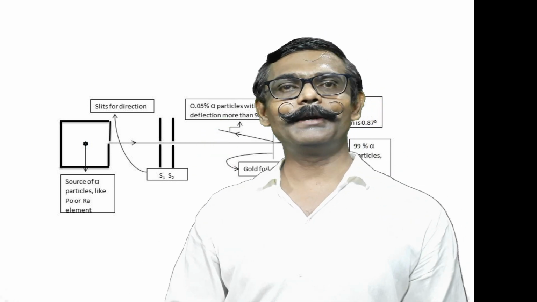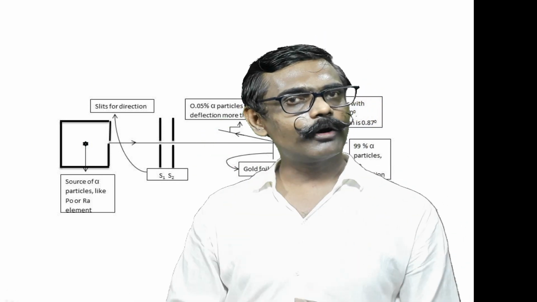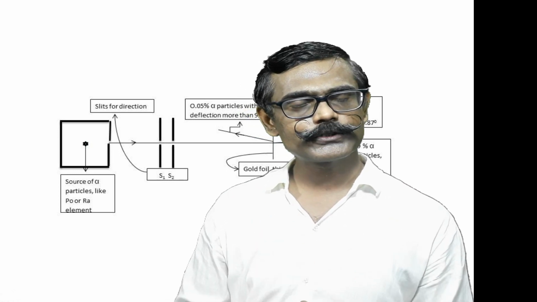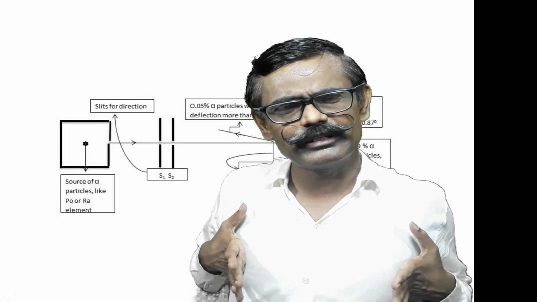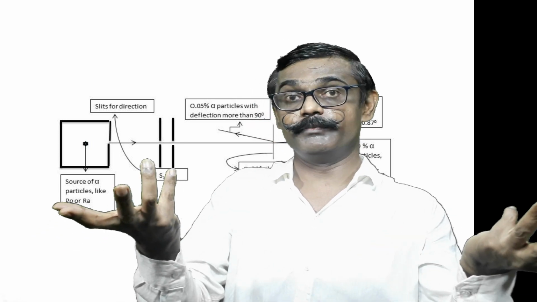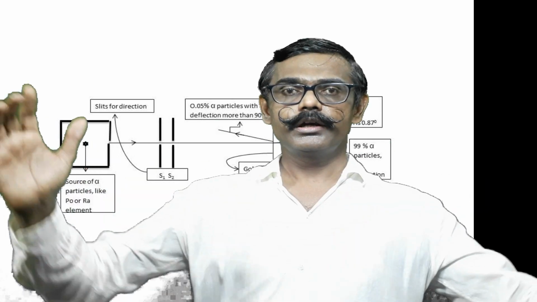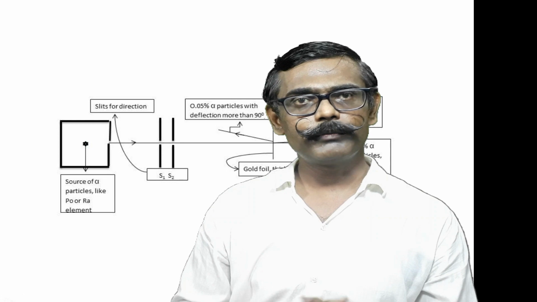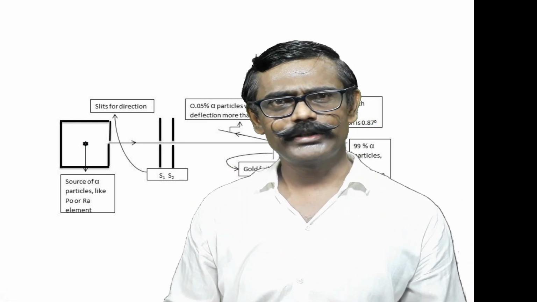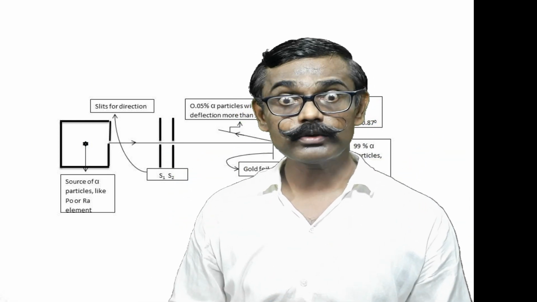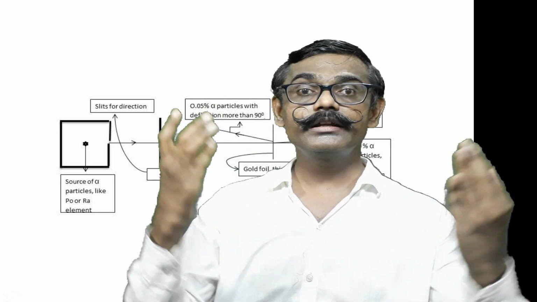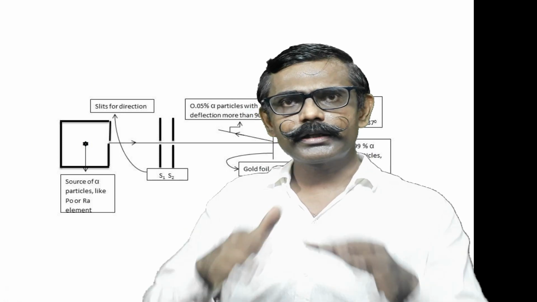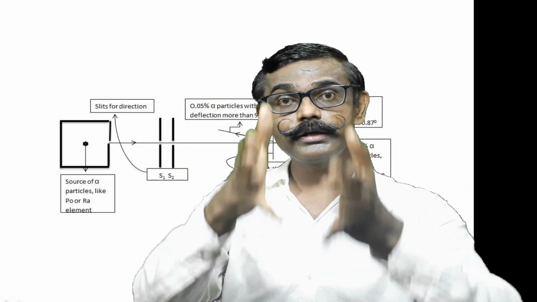So the problem for them was they were assuming the Thomson model. Protons have positive charge, alpha particles are positively charged. So all alpha particles should behave in the same way, because uniformity is there in the atom. Electrons will not do that much because electrons are light in weight, so they will not rebound the alpha particles. And who is there in the gold foil, who is rebounding the alpha particles? And what is happening there? 99% are going straight.